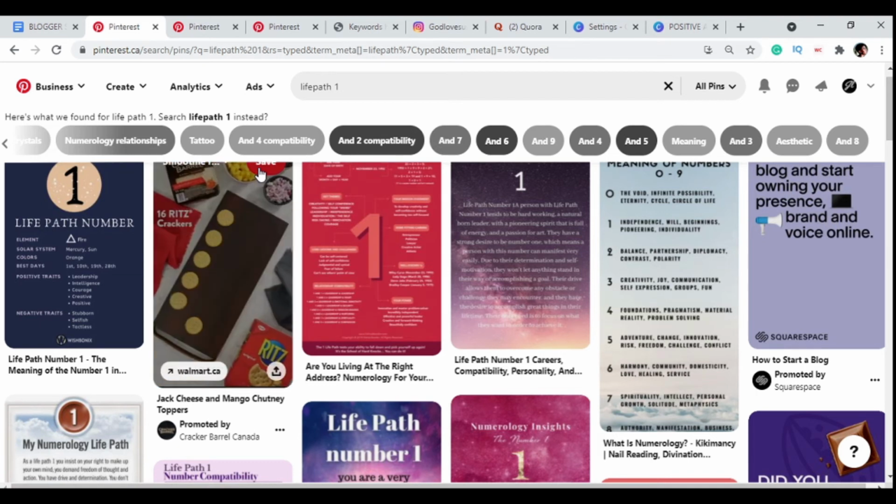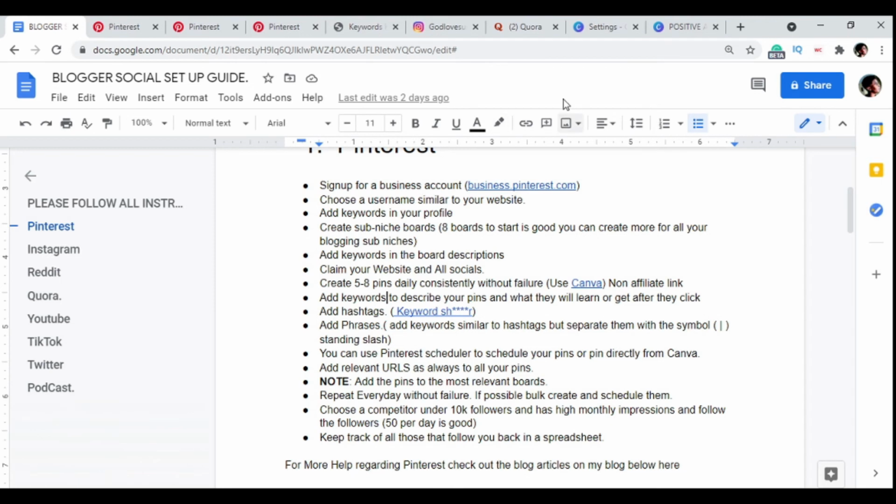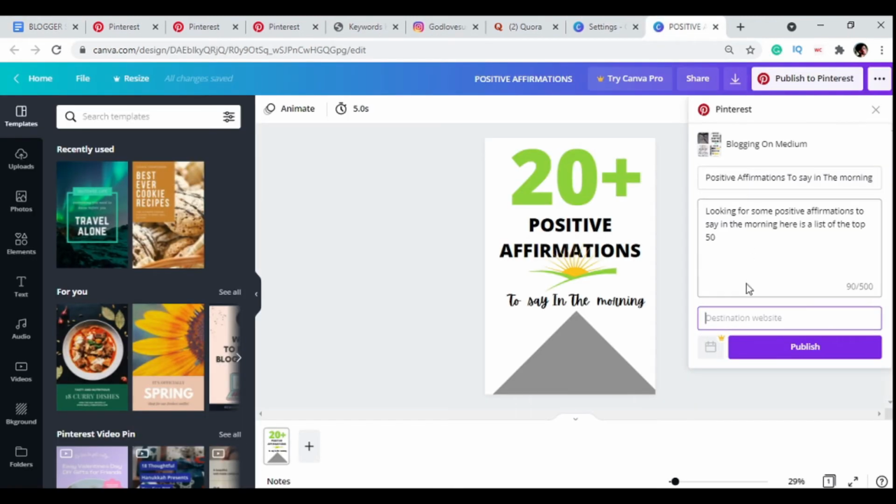Once we are done with that, we shall go back over to Canva here, add your destination URL, then hit publish, and it will publish it to Pinterest. This is how you automate, how you use Canva to post on Pinterest without having any schedulers like Tailwind or even Planoly. If you want to use a scheduler and you feel this manual process is hectic,